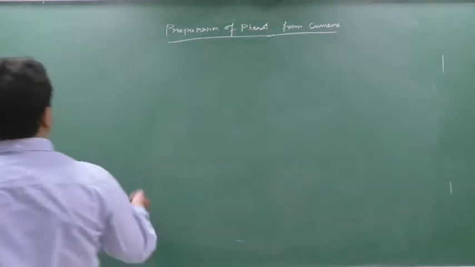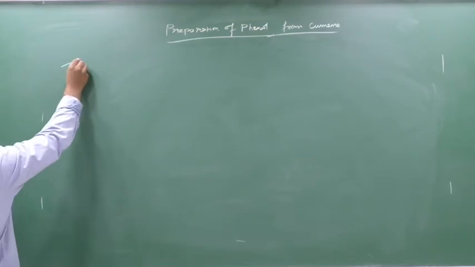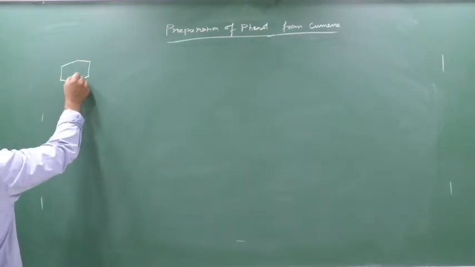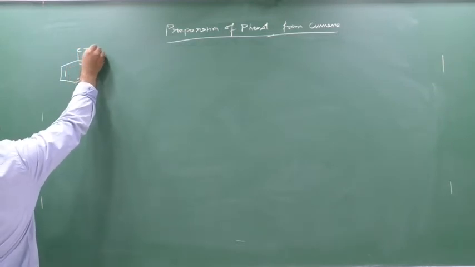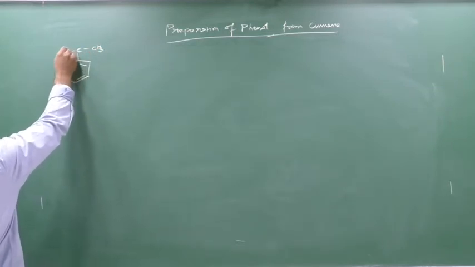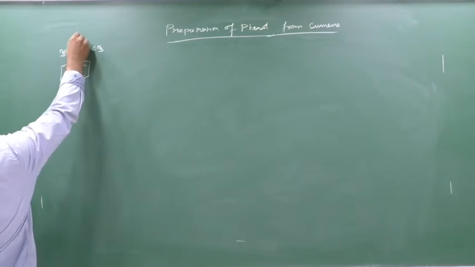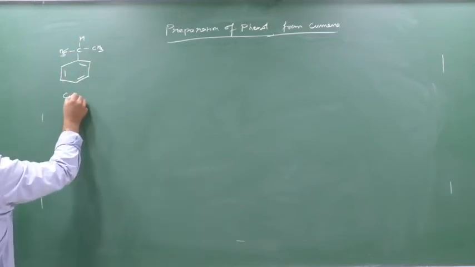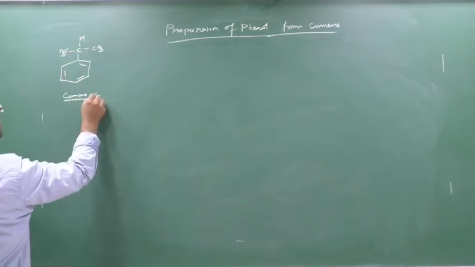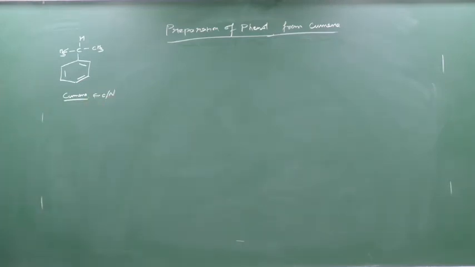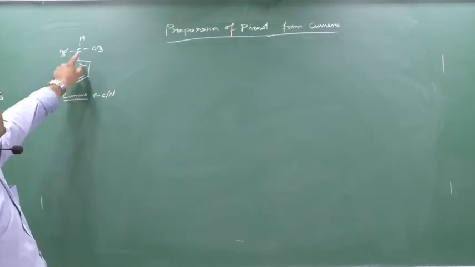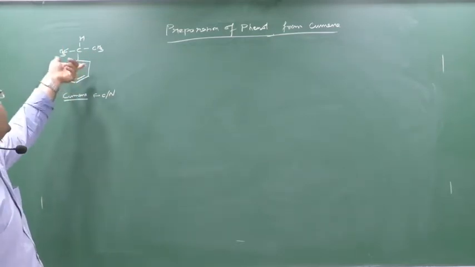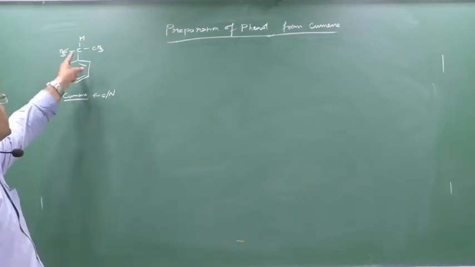So see, if I take the phenyl ring, and on this phenyl, if I put this group, this is nothing but my cumene. Okay, this is a common name. If you see the IUPAC name, you can see this is nothing but what? This is methane, ethane, propane, and on second position of carbon, phenyl is attached, so we say as a isopropyl